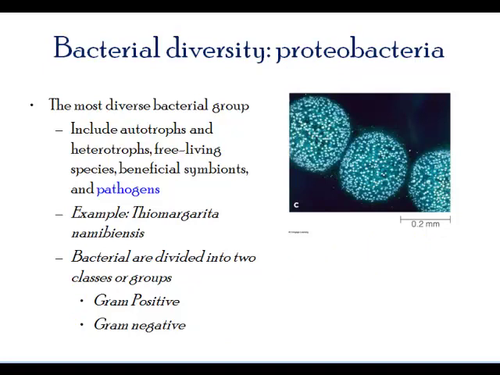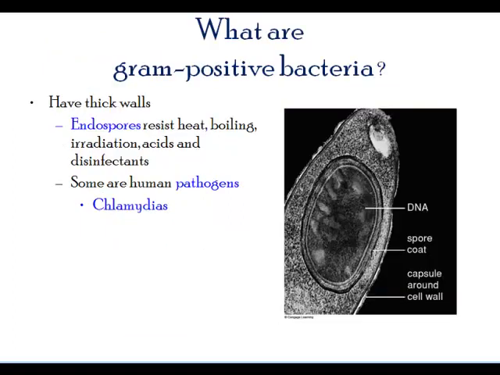So those are the cyanobacteria, and cyanobacteria are also pathogens, that is, they're disease causing. They can be autotrophs or heterotrophs. Remember, auto means self, hetero means dependent, and they can be free living. So pretty much it's all kinds of bacterial population in here.